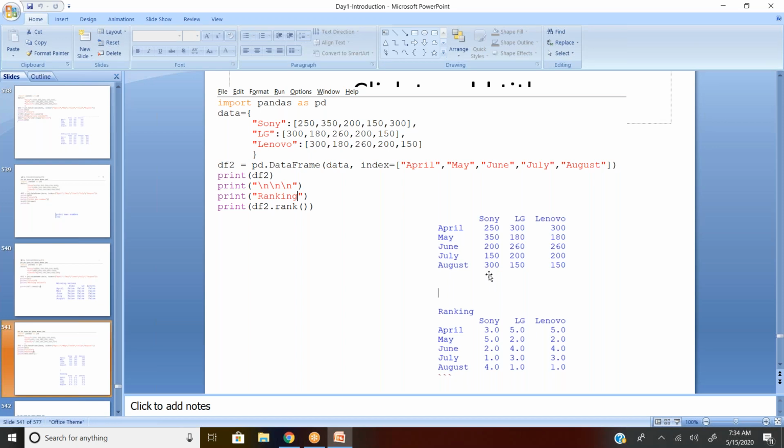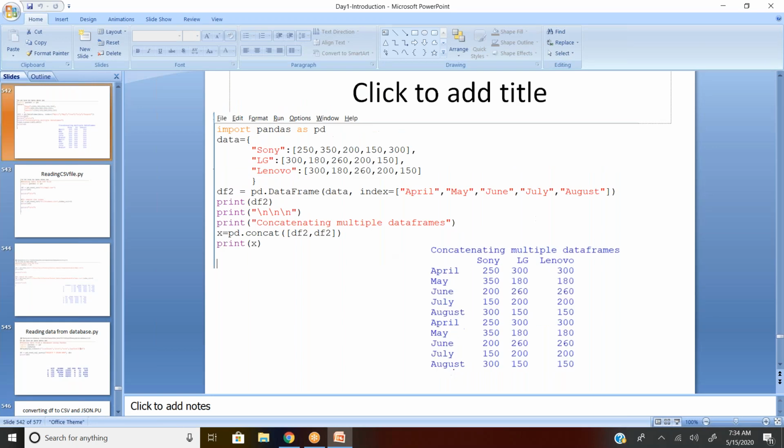If you come to Sony, the highest number is 350, which is May, so May has 5 for Sony. So in place of your actual numbers, you can give a ranking also.